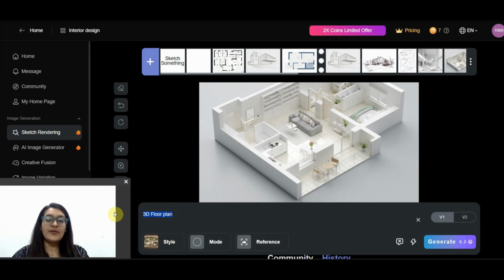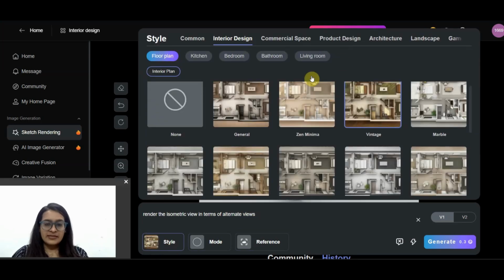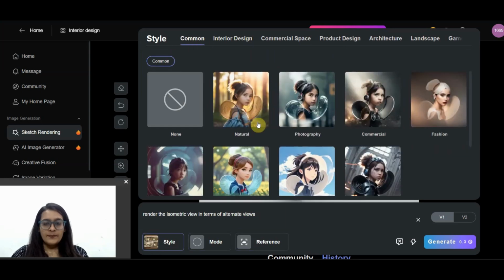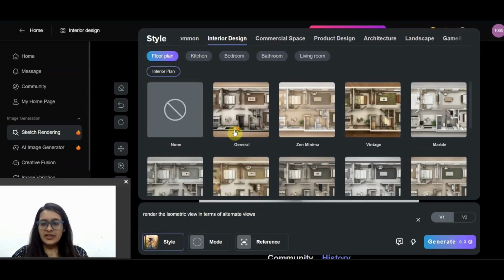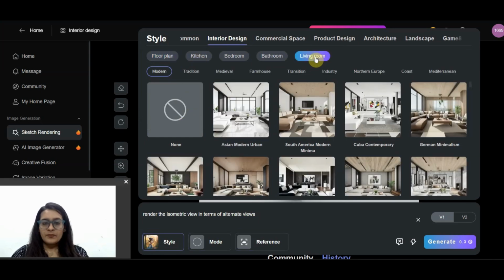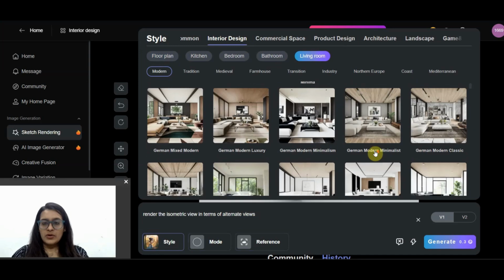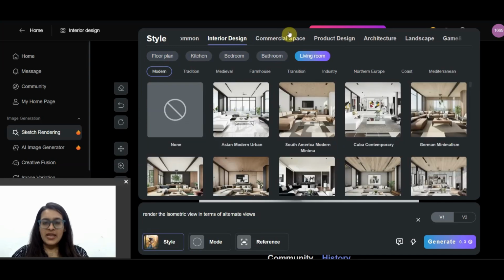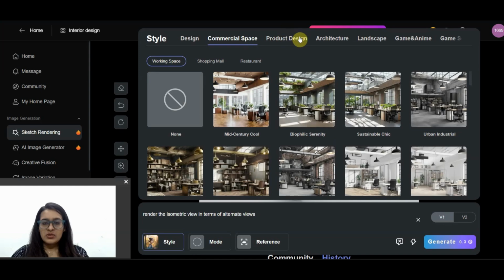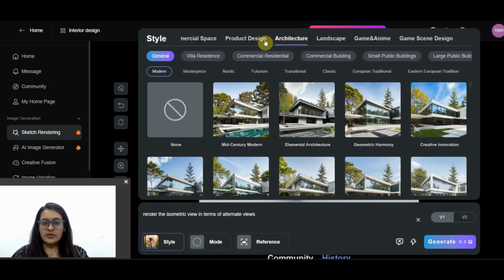Say for example, I want to give an option of this render. So I select a style for myself. This time we are not selecting. Okay, we go ahead with natural, I guess. In interior design, right now we don't want such kind of plans. All right. So it's sort of my house. So I think this is what they want me to select.